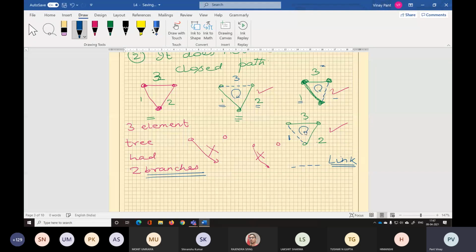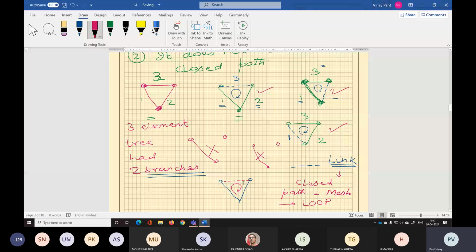If you have a tree and you put the link back in the tree, it will generate a closed path, which we will call a mesh if it is the smallest closed path, or a loop. In this case, the links are generating meshes or loops? Meshes.